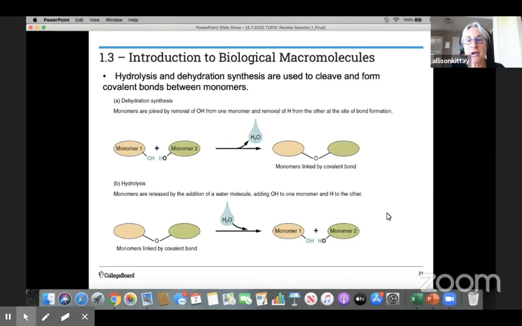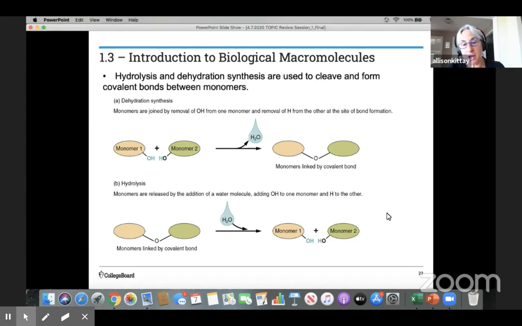I should also tell you that dehydration synthesis is known as condensation. And the way I like to think about it is you're condensing those two monomers by removing water to create that polymer. The opposite reaction is called hydrolysis, which literally means using water to lyse or break apart a larger